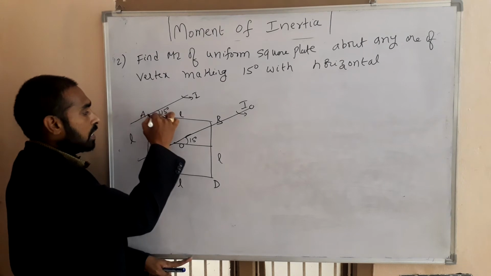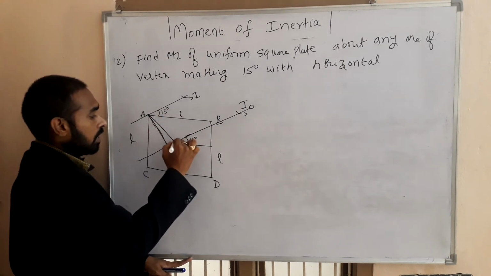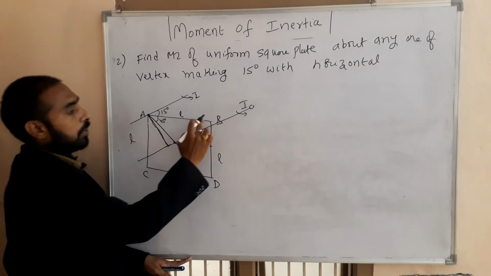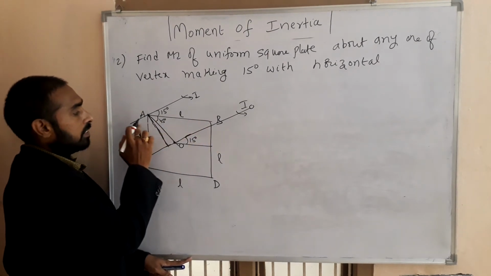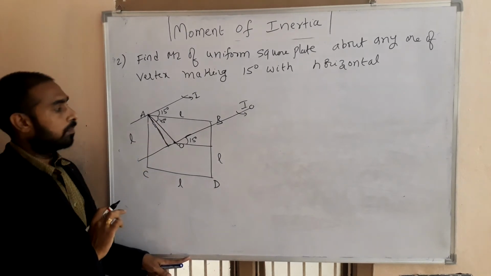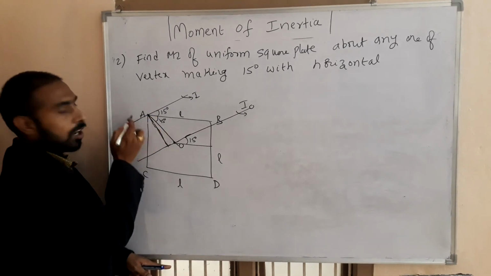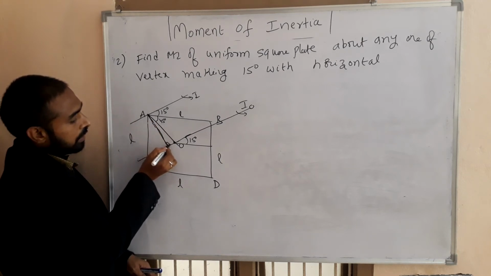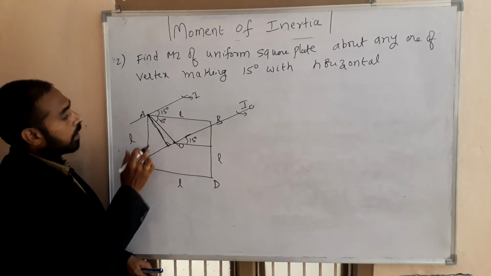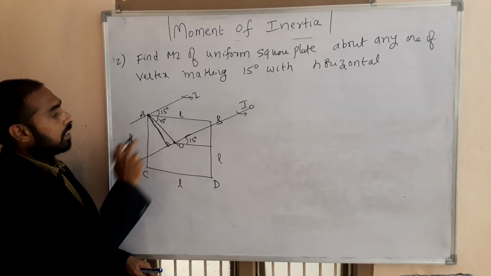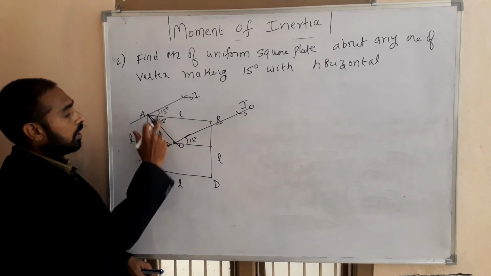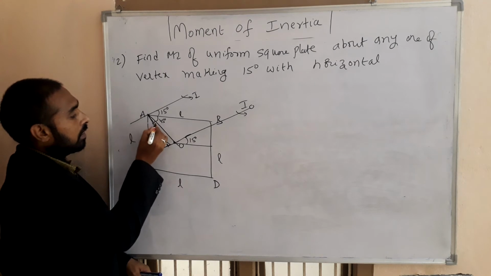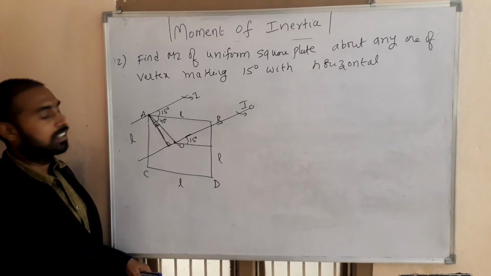Now, for the square, this angle is 45 degrees. Okay, because here also 45 degrees is there, here also 45 degrees is there. Okay, so here 45 is there, remaining angle also 45. Okay, but because this is the normal I drew, this is 90 degrees here. So what will be the remaining angle here? So this is 15, this is 45, and I need to subtract from 90. What will I get? I will get 30 degrees.